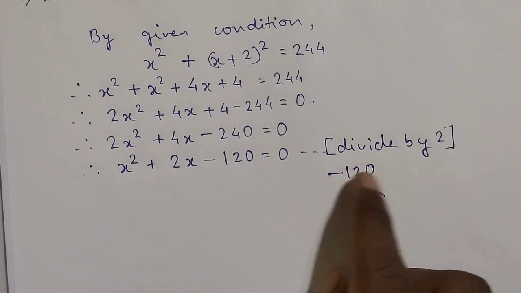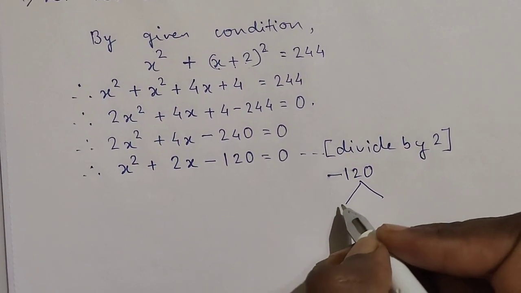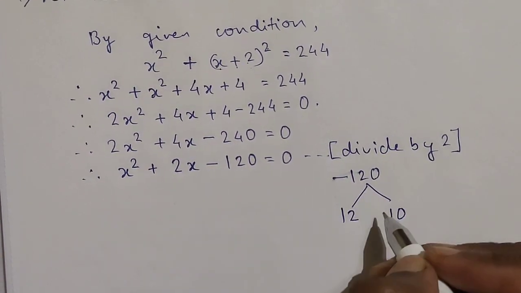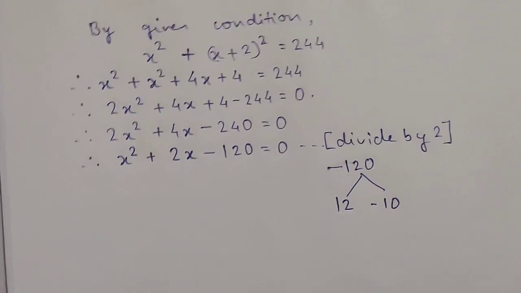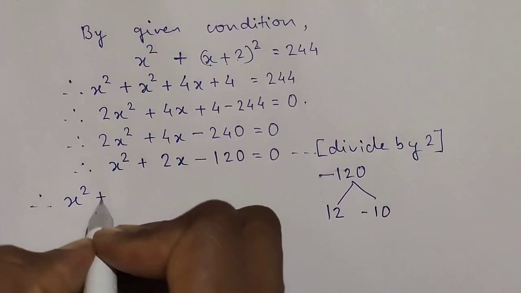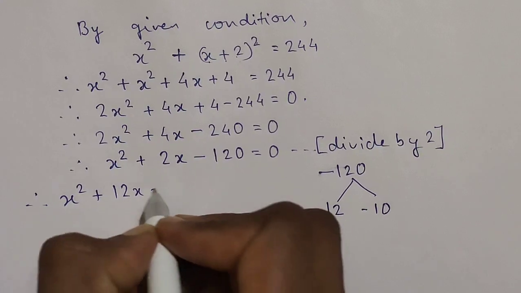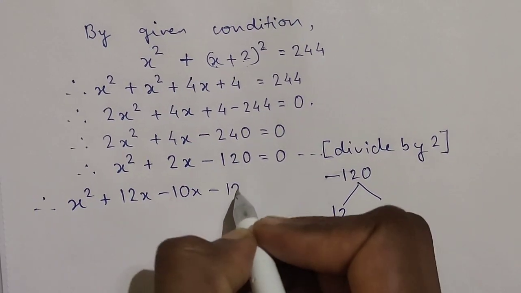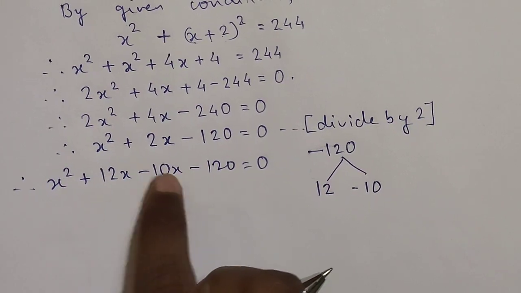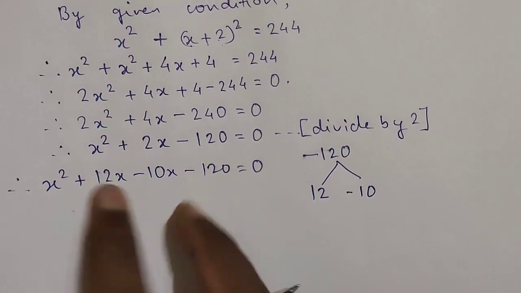So it is very simple. 12 10 you know 120, 12 10 and you need plus 2. So if you do 12 minus 10, you are going to get 2. So see how to simplify. This is 12x, this is 10x minus 120. 12x minus 10x in between, and first and last number as it is.